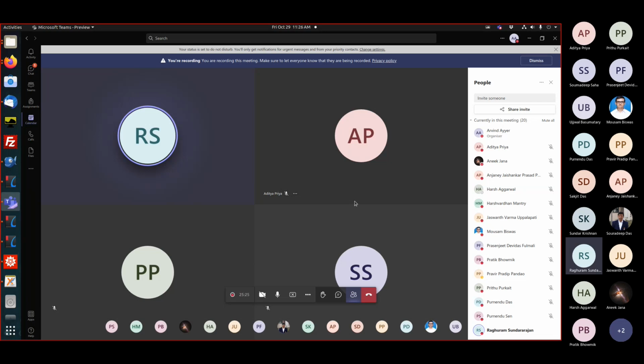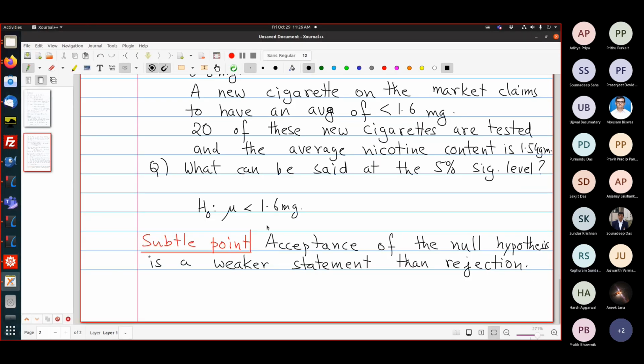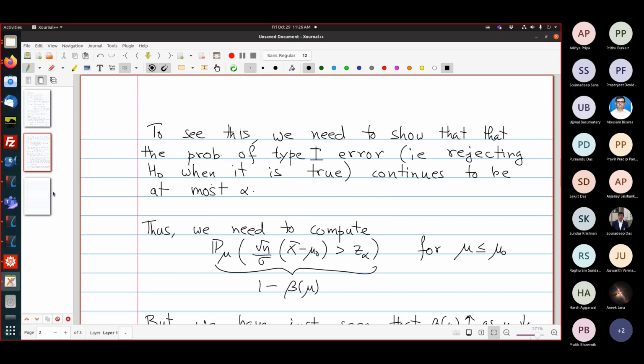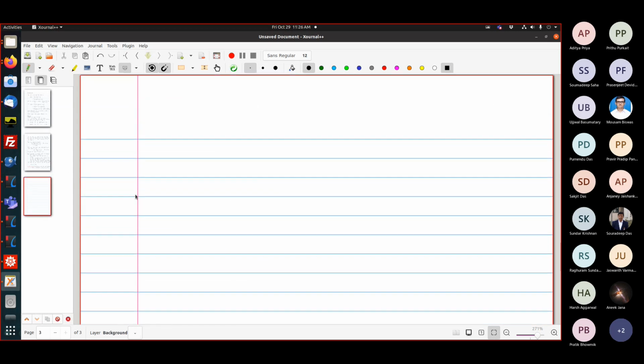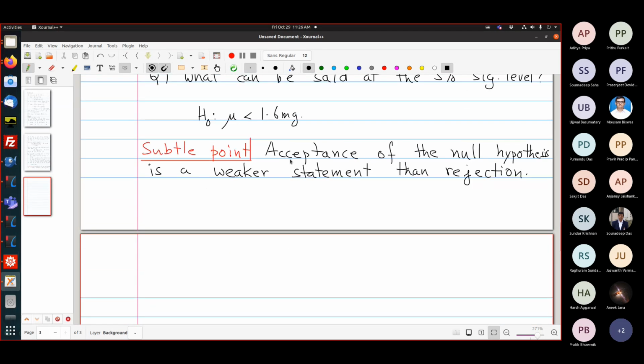No, but this is the same thing, right? I'm saying that you cannot calculate the other conditional probability because you don't have that information. All I'm saying is that there is a lack of symmetry here. That's all I'm saying. So accepting and rejecting are not on par. Okay.